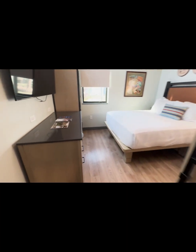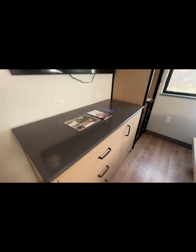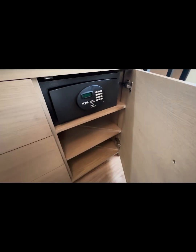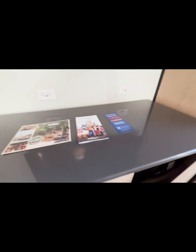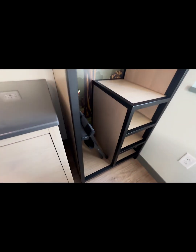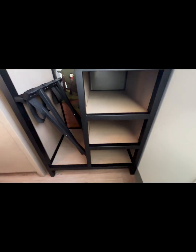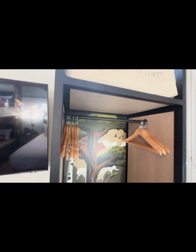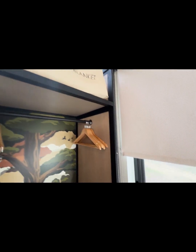So, no need to worry about that. The showers are free. I did check that. And here in the bedroom, you've got the little safe, and there's bunk beds in here, and they were so, so cute. The artwork here with the chip in it reminds me of the Grand Californian in Disneyland, and